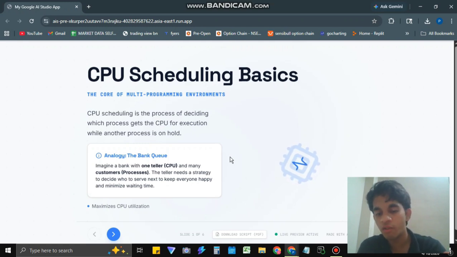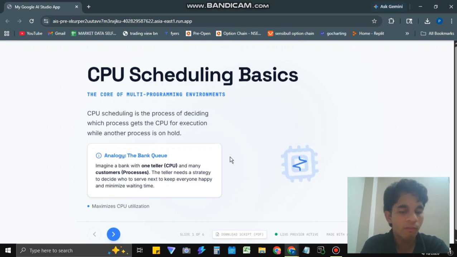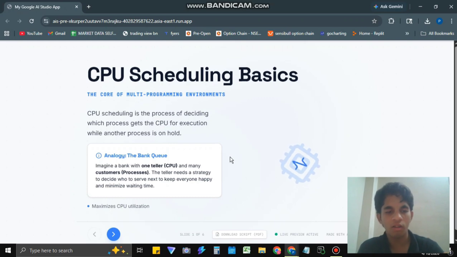So CPU scheduling, you can take it as the rules that the employee uses to decide whom to give priority to, or who to help next, so that nobody waits too long. It is the difference between a smooth running system and one that freezes every time you try to do something simultaneously, like opening a PDF while playing a game. So moving on,